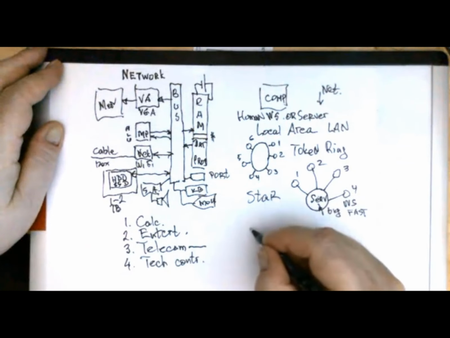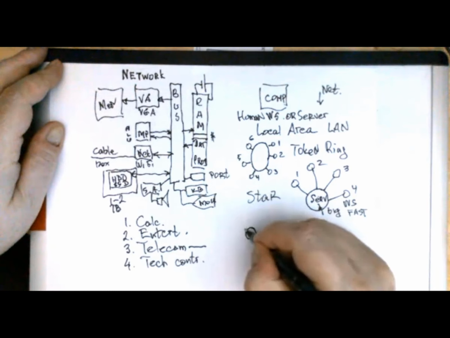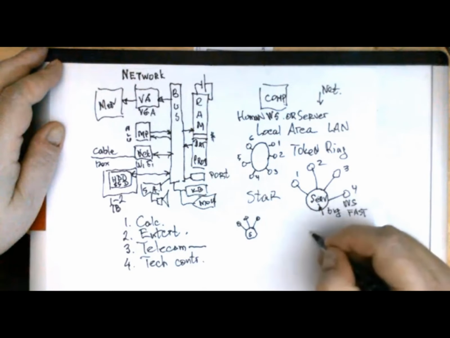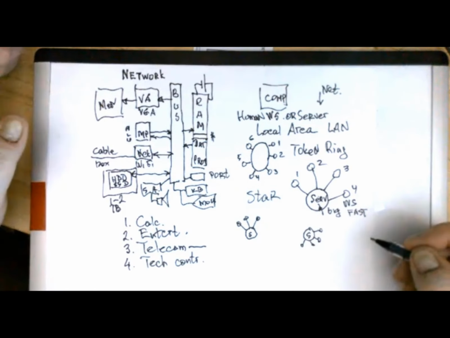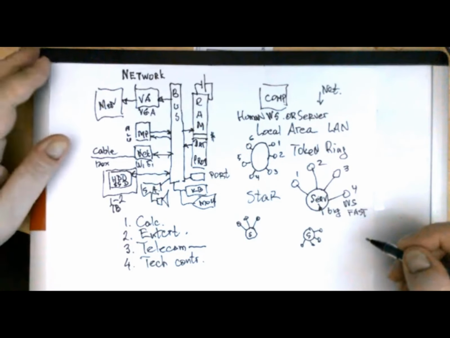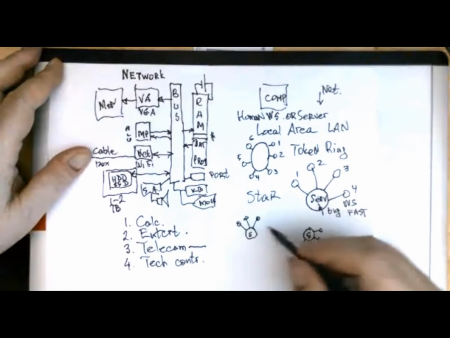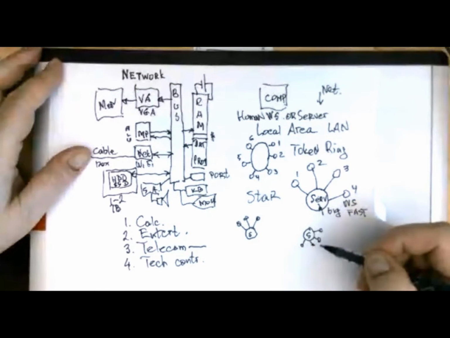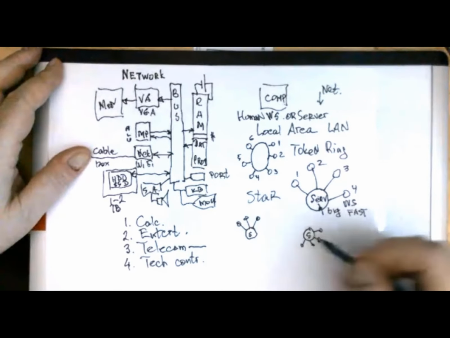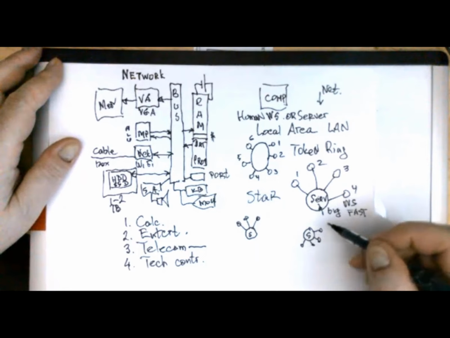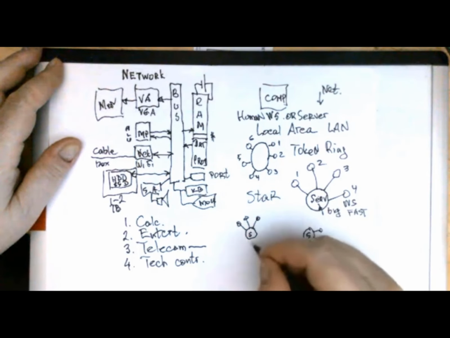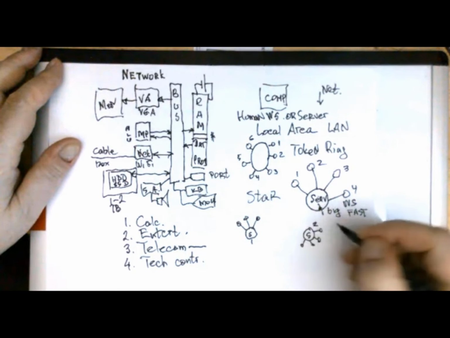But what happens if we have two rooms? We need to have star communication with the server in one room, and we need to have star communication in another room. The question: what happens if we need to speak room to room, not computer to computer inside one room? We need to create a schematic diagram that will have the opportunity to connect one room to another room. This is server one, this is server two.